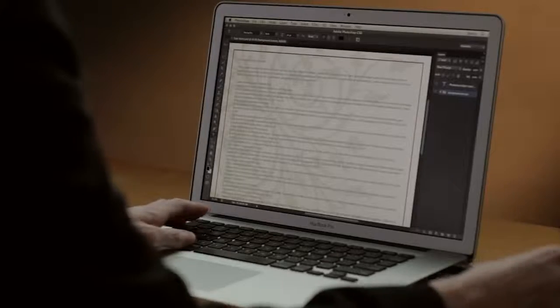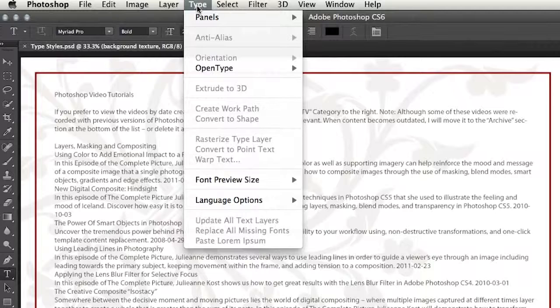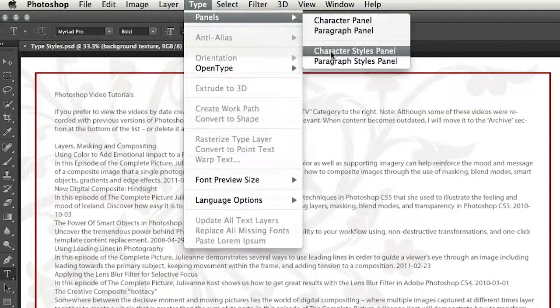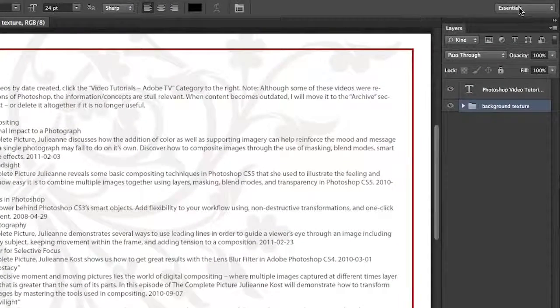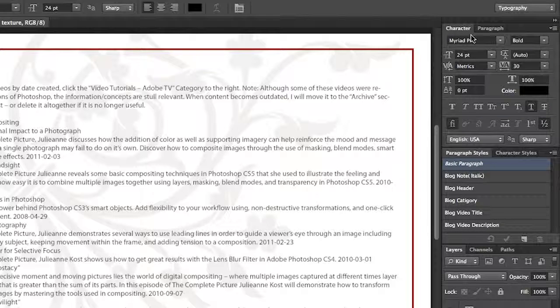Now, the first thing that you'll probably notice is right across the top we have a new type menu. So that should make things a lot more accessible and easier to find for folks. In fact, you'll notice that right down here we've got panels, and not only do we have our character and paragraph panel that we had before, but we also have the new character and paragraph styles panels. Now, I can go ahead and view these by just selecting them here, but I think it'd probably be better if we just come over to the new typography workspace so that we can see all of our panels on